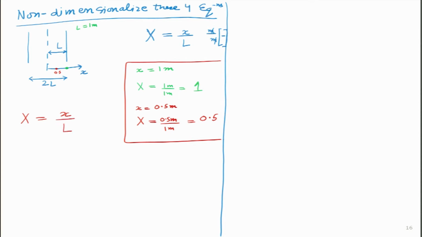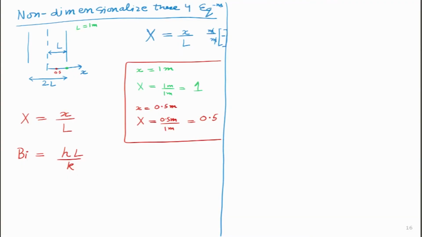The second parameter I will non-dimensionalize is the convective heat transfer coefficient, and the good thing is we have already done this in the last lecture. I can non-dimensionalize it simply by writing the Biot number. I can convert it into this because the length L is a constant, and k, the thermal conductivity of the wall, is also a constant. So, I simply divide h by the ratio k by L, and then I write it as the Biot number. This is the non-dimensionalized heat transfer coefficient.